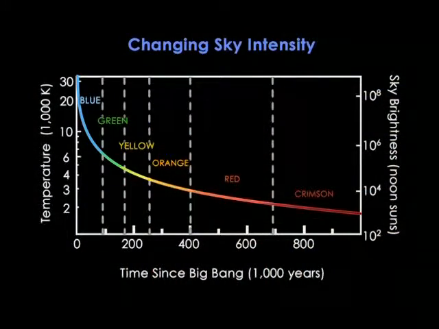Here's a plot which shows all this. It uses the same line as the falling temperature, but it uses the right-hand scale to follow the sky brightness in noontime sun equivalents. So going backwards in time, starting at 1 million years, one sees a panoramic, featureless, crimson sky as bright as 1,000 suns. By 500,000 years, it's now deep orange and as bright as 10,000 suns. At earlier and earlier times, the brightness soars upwards while the sky colour sweeps through the rainbow sequence. It's an utterly fabulous, if lethal, spectacle.